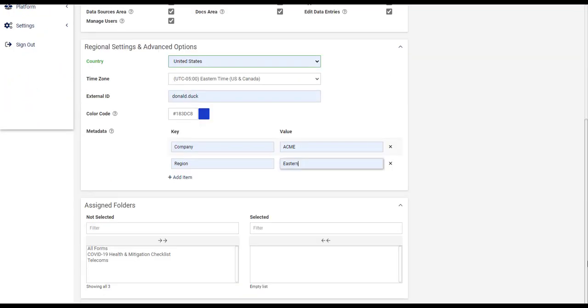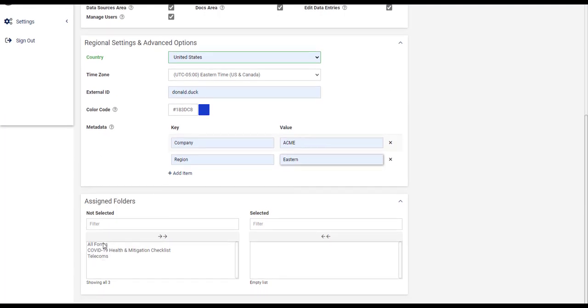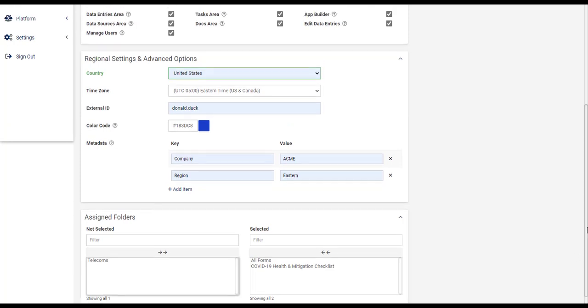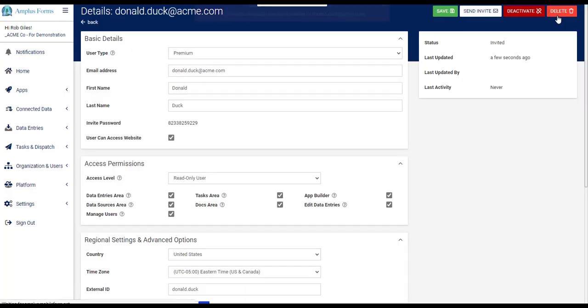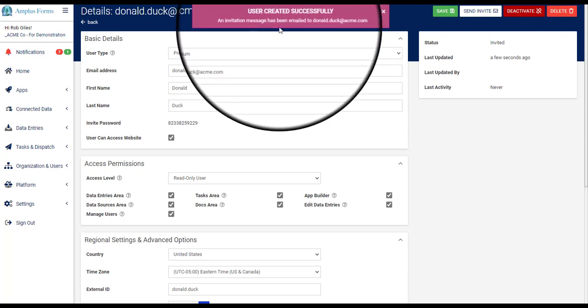Now below the regional settings and advanced options we have assigned folders. These are the 3 folders that we can assign to this user, and we're going to allow him to use the COVID-19 and we're going to allow him to use all forms. If you have set up different groups within a group membership, you can assign users to a different group. Once you have assigned everything, you can go to the top left here, the big green button, and hit the Create User. When you click that, you can see here that an invitation message has been emailed to Donald Duck